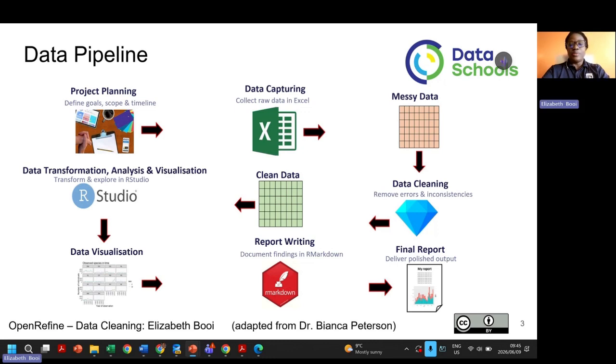In this module, we will use OpenRefine, which is an open source tool, as a practical tool for cleaning and preparing data before we take it further in the process. OpenRefine is useful because it allows us to inspect data carefully, identify inconsistencies, transform values, group similar entries, filter records, and document the steps we took when we do data cleaning. It also helps us with writing, especially in the research process. Now, looking at this data pipeline,